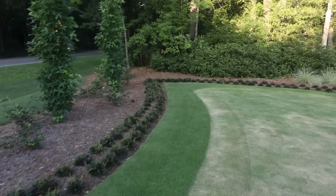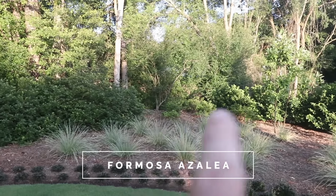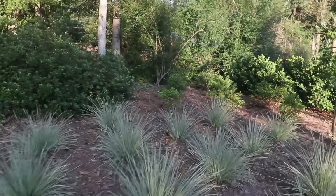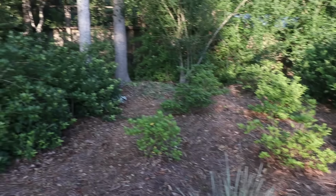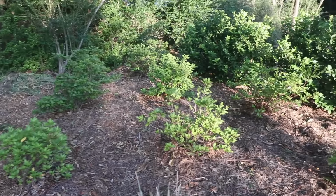Right here along the wood line, there were some Formosa azaleas, and he's planted more of them right in here to continue that. I'll work my way back there so you can see it. But there's a few more of them right there. So this little screen of Formosa azaleas will just be one continual piece eventually. These are pretty fast growing, these large leaf